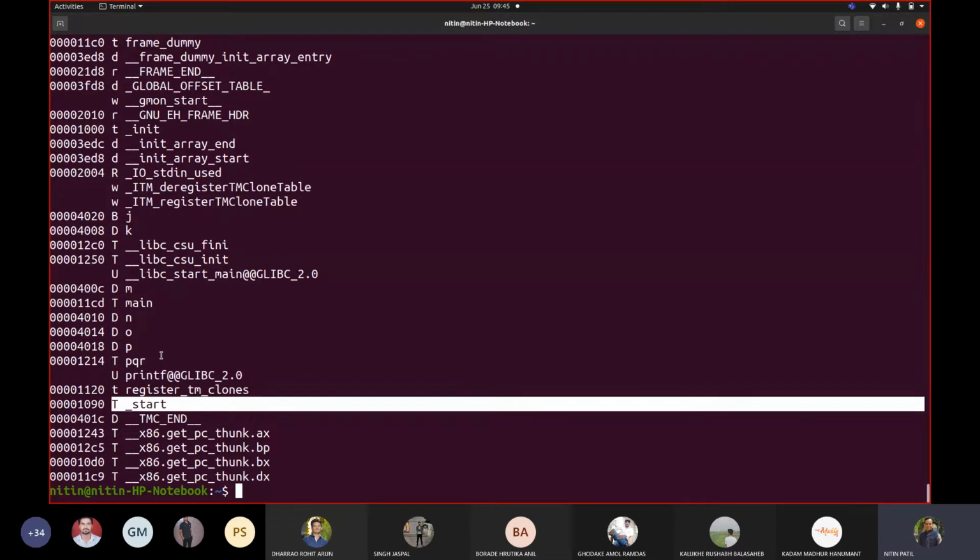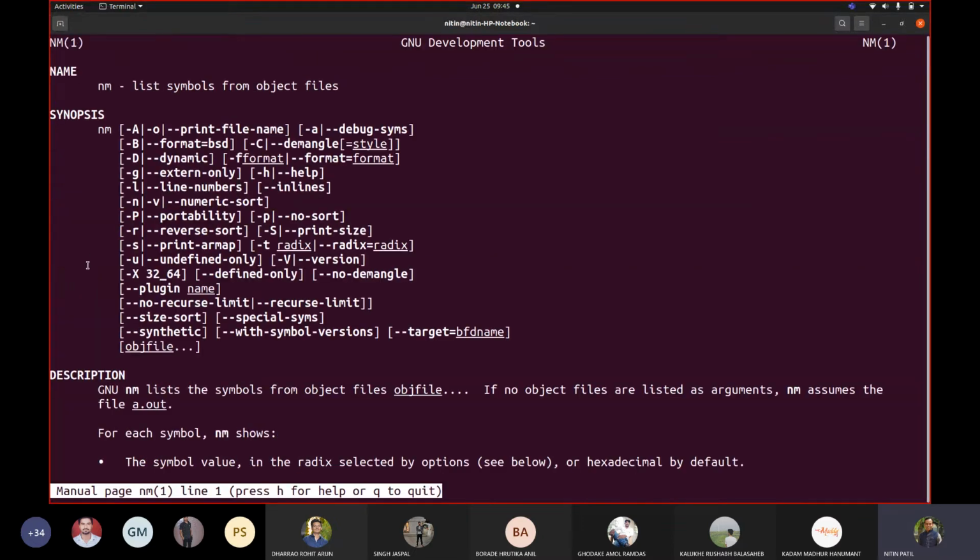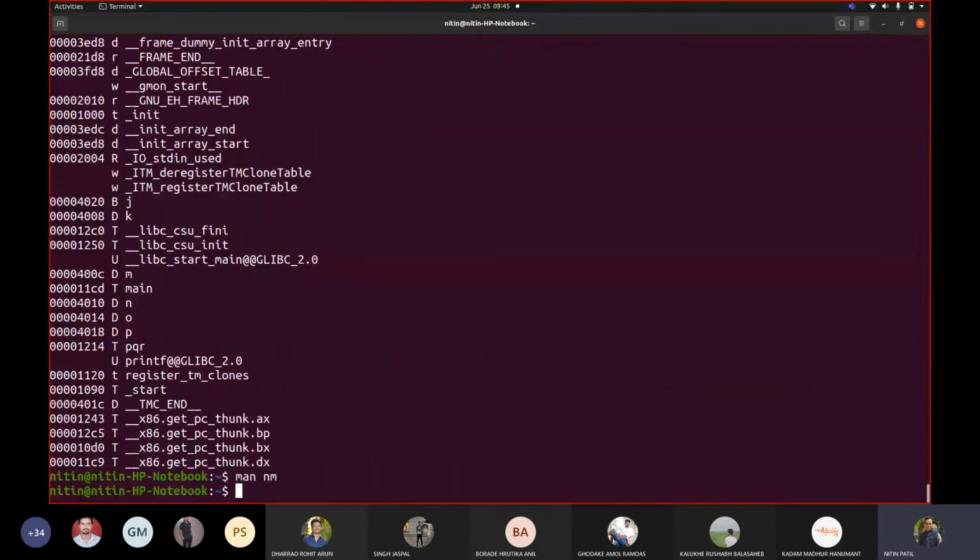But when we talk about a symbol table, it must be a collection of symbols only created by the programmer. How can I get that from the executable? So these are only symbols which are sent in an object code or in an executable. So if I write man nm, it tells you list symbols from object files. Similarly, if I talk about the concept of a symbol table, how can I get information about that file?